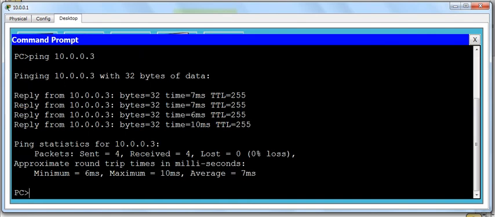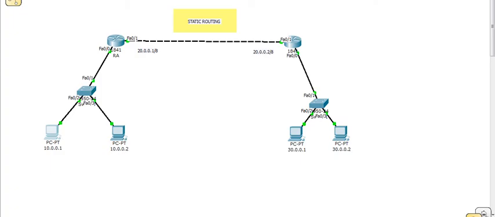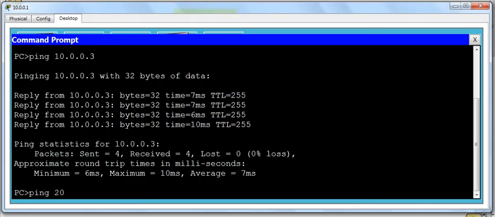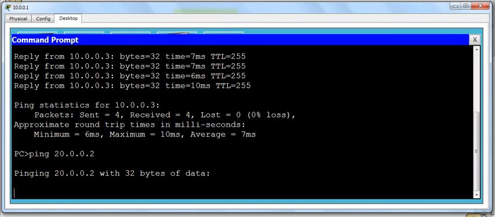But when I try pinging either 20.2 or 30.1 or 30.3 or 30.2, I will not ping. See, I am pinging this address 20.0.0.2. I'll not ping. Why?